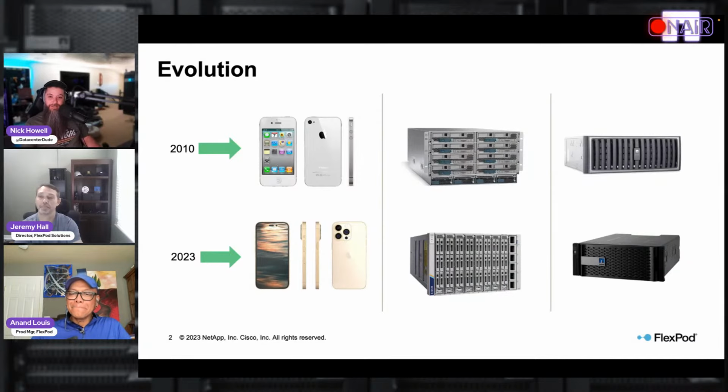Now we've got 40 and 100 gig. Yep. And we can split off 100 gig into 4 25s to really connect to these. So what does that mean? It means less rack units, less port count. All of that stuff goes into what you were saying, Anand, around sustainability and being more environmentally friendly. It's not just about reducing floor tile size and power and cooling. That's certainly one part of it.